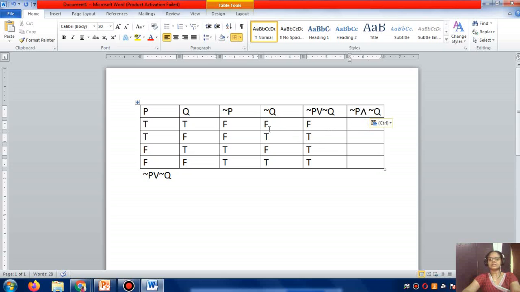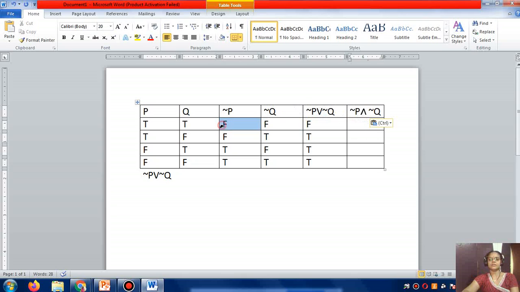I am recording this lecture also because those who are not able to join, they can see, view the video. Okay, this symbol is for and. This is for and conjunction. P and Q means if any of the proposition is false, the result is false.